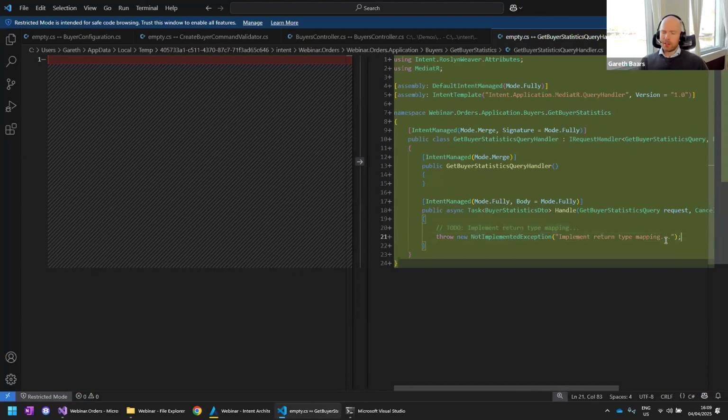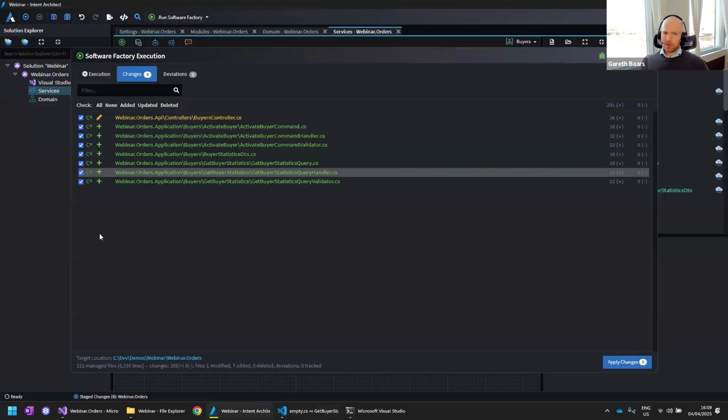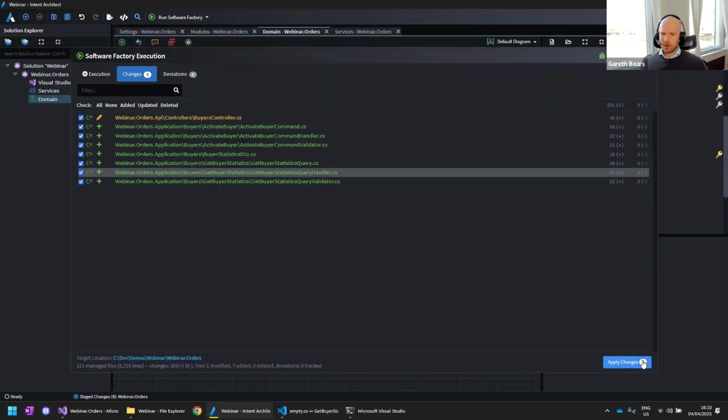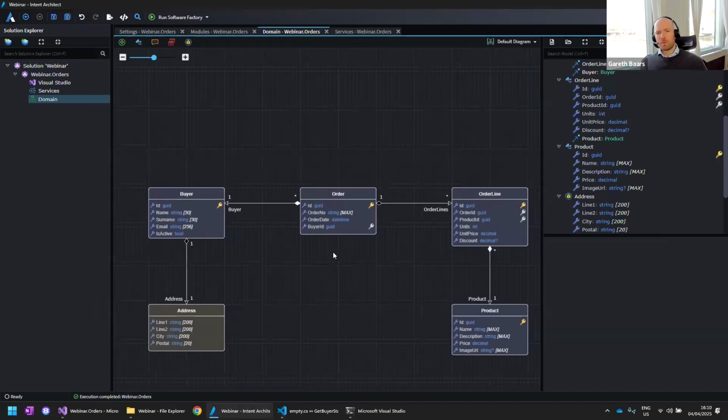And whenever we engage with teams to onboard them with Intent Architect, there are two things that we want them to be able to focus on. The first is, I'm just going to go ahead and apply these changes, we want them to be able to focus on the design of the system, because as you guys probably know, you can have the perfect architecture, but if you mess up the design, that is a really, really expensive form of technical debt if you don't correct it very quickly, especially for new features and things that come down the line. So we want teams to be able to focus on the design just because of how massively important the design of the system is.